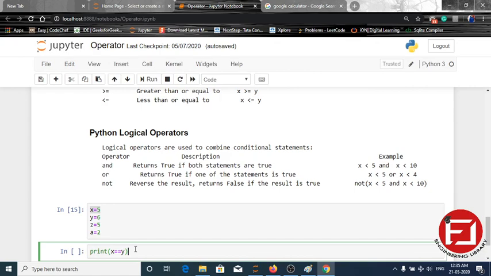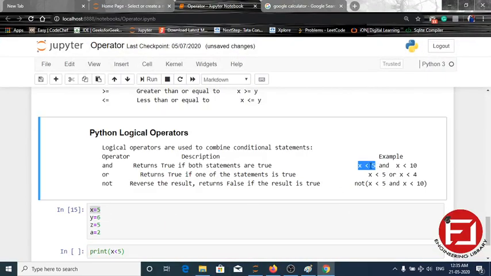So if you run like this, x is smaller than 5. Sorry, x is not smaller than 5, x is equal to 5, so this statement is false. This is false and the other is true, so as a whole it will return false.